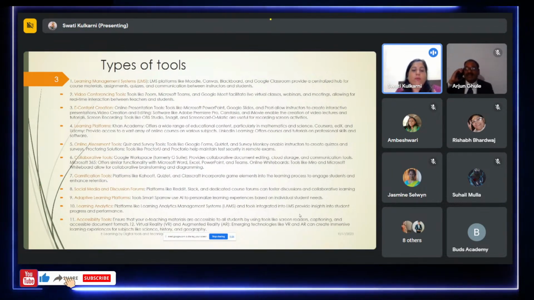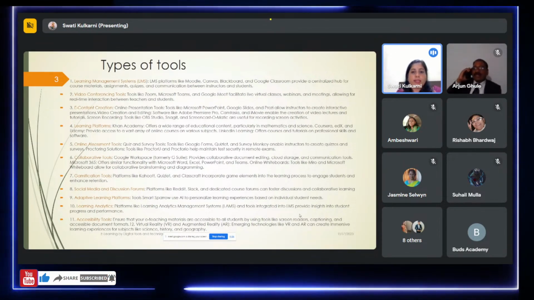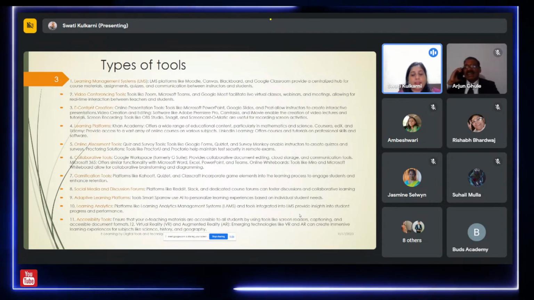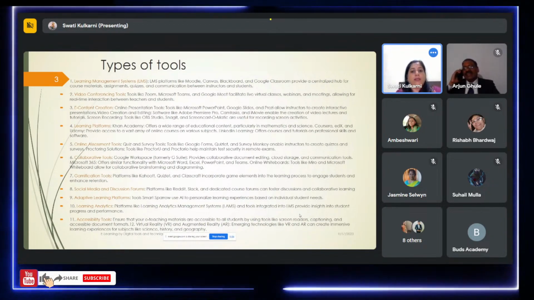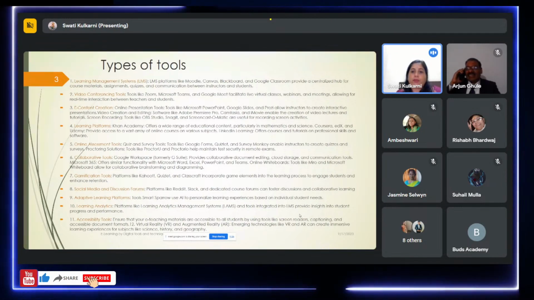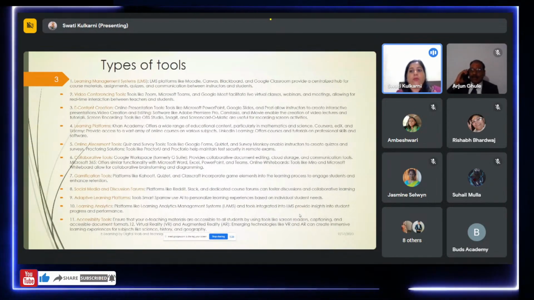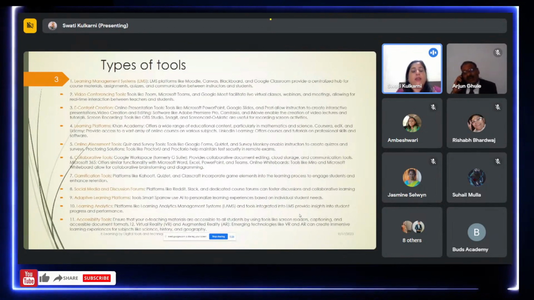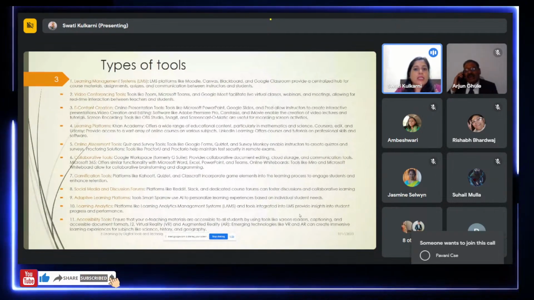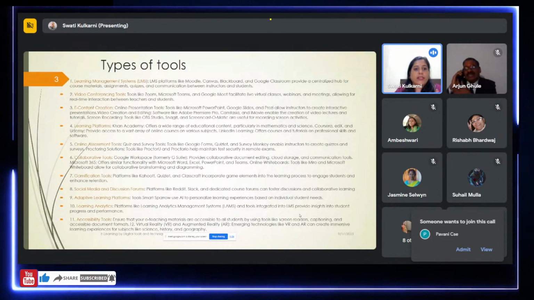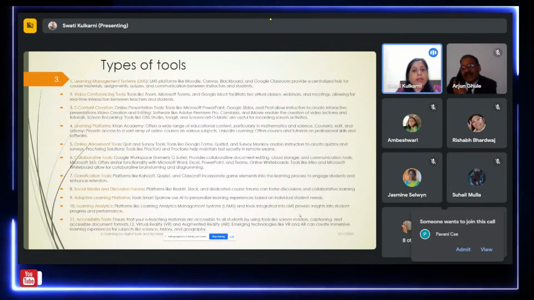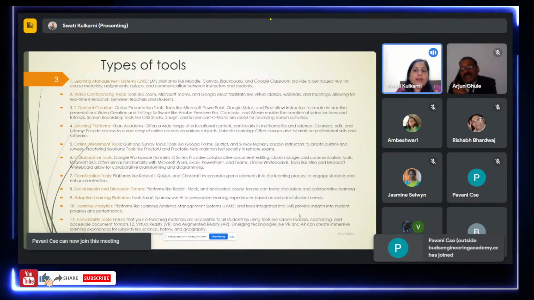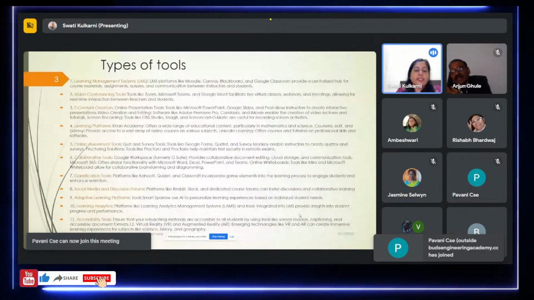So e-content creation: obviously, someone who wants to deliver a presentation needs to create an e-presentation. Microsoft PowerPoint, which we are using right now, is a very popular platform. Google Slides are also there. Prezi allows instructors to create interactive presentations, video creation, editing. Some may also use animation. So all these things will make your content more informative and impactful, and that will obviously create interest in